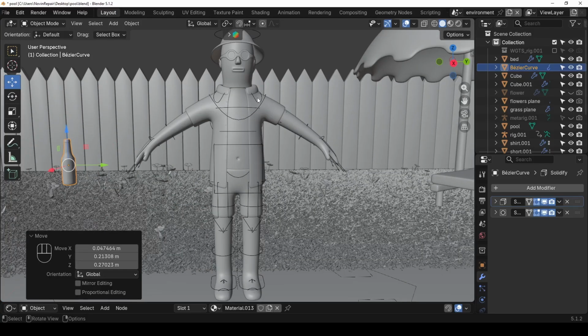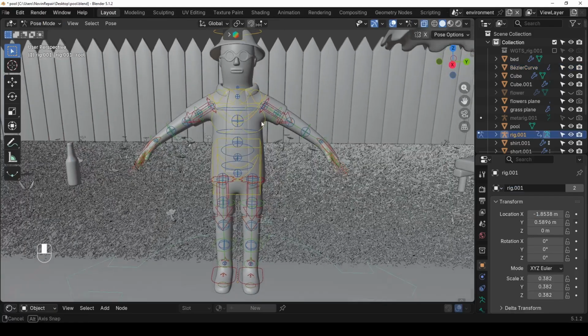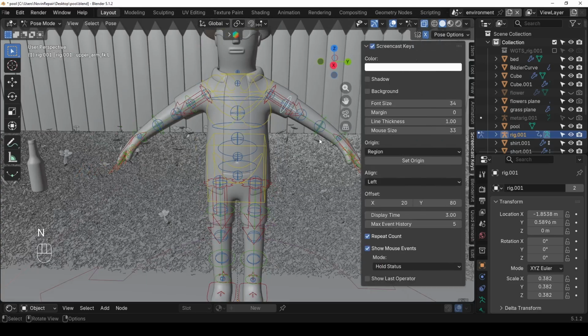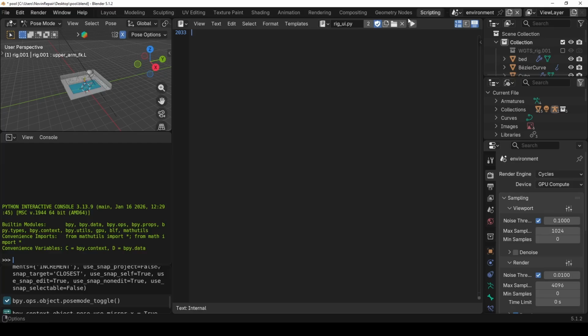And next I want to select the rig and switch to pose mode and select these little green ones in here, and then turn on the X symmetry and open up this panel, and under item you can see that I cannot see the Rigify menu, so come to a script and run it here and go back to layout,